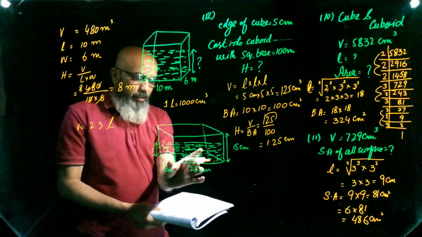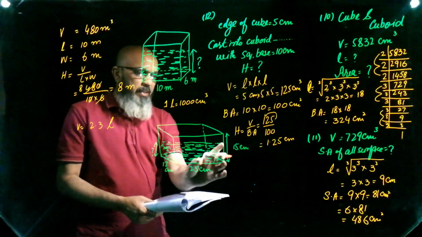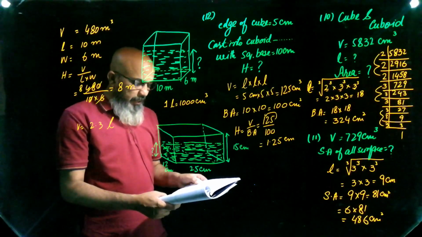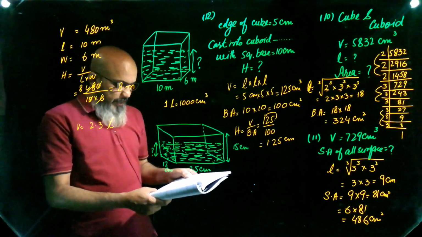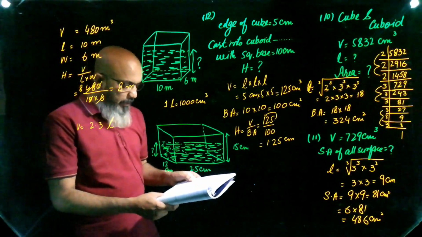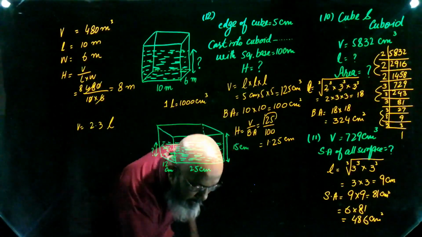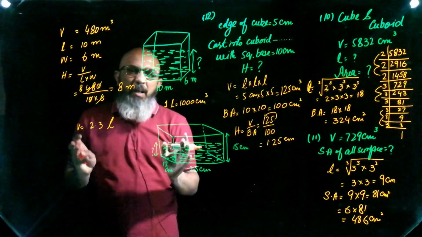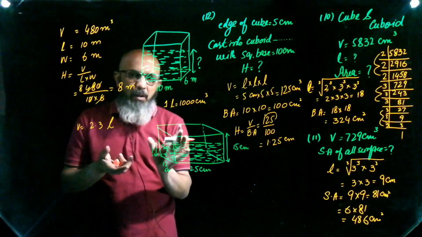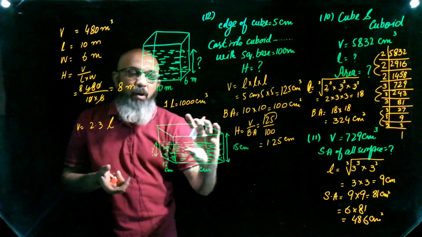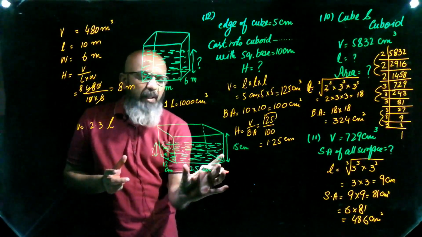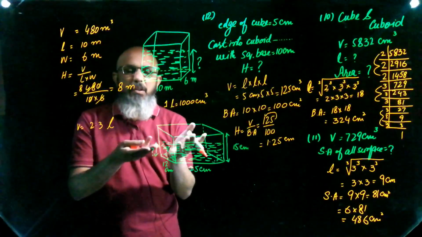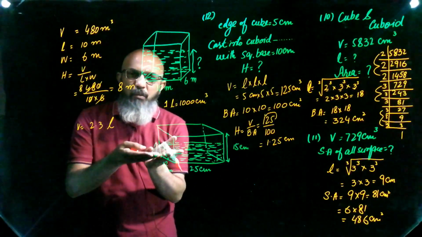The container measures 12 centimeter by 25 centimeter by 15 centimeter. Find the height of the water in the container, giving your answer to one decimal place. Means it's not divisible fully. The height of the container is 15 centimeter, and the question is asking us to find the height of the water, not the height of the container, right? So base and breadth of the container remain the same. Height can change. We have to find only the height of the water.